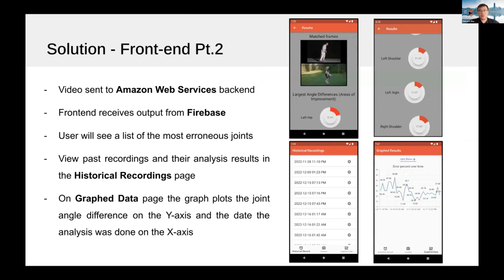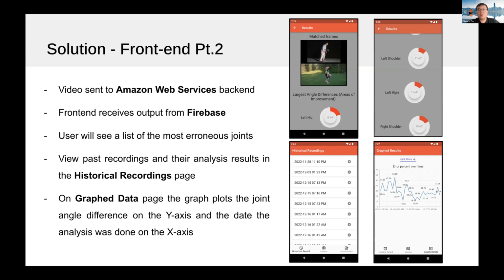So the application would then send that video of the patient onto the Amazon Web Services backend. And then that's where all the programming is. And then when the analysis is complete, it sends the output into Firebase, which is basically another cloud server that's developed by Google. And then the application receives the output from Firebase and displays it as you see here, where there's first